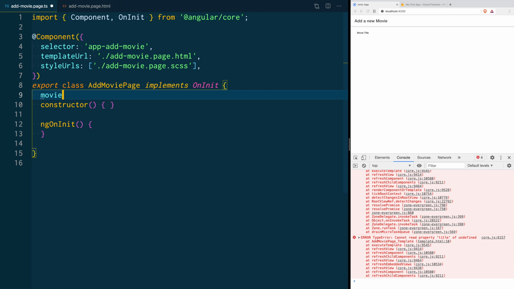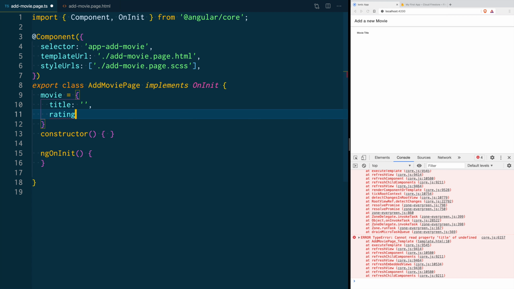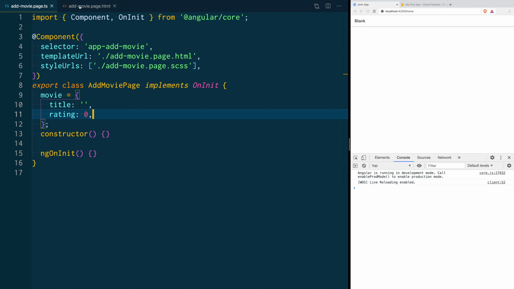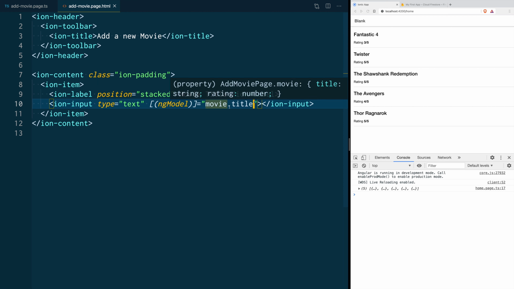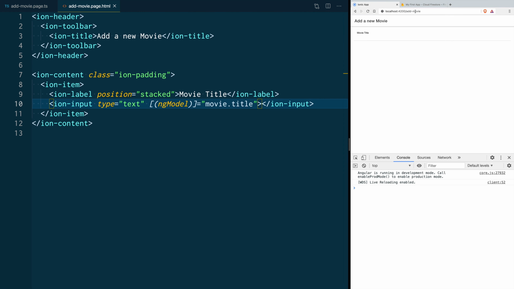It's going to be called movie and we can initialize it as title with an empty string and rating as 0. Now when we save and we go back to the HTML, you see that it's not giving us the error anymore. And if I go back to the add movie page, here I have my form and I can type on it and I get no errors.